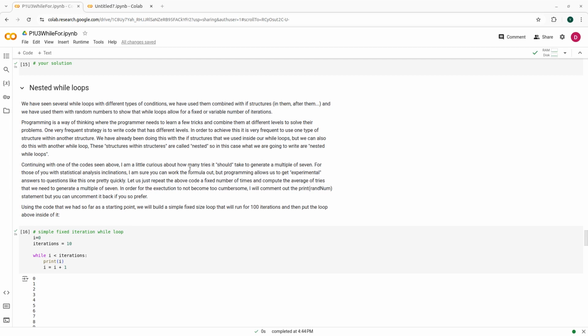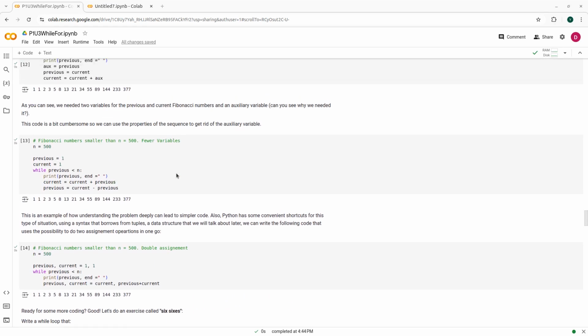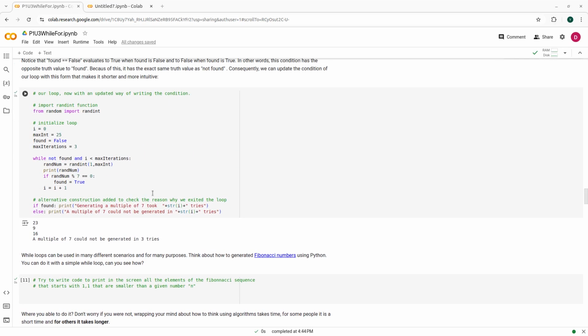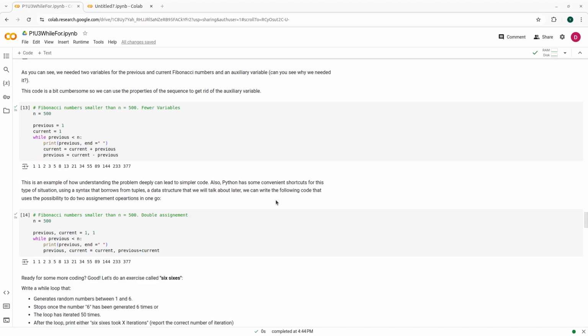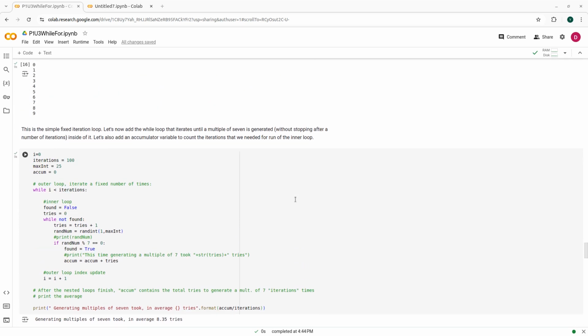We can of course nest our while loops. Okay, we have seen how we can use ifs inside of while loops. We have seen it quite a lot of times, but now we can also show how to use while loops inside of while loops. So let's